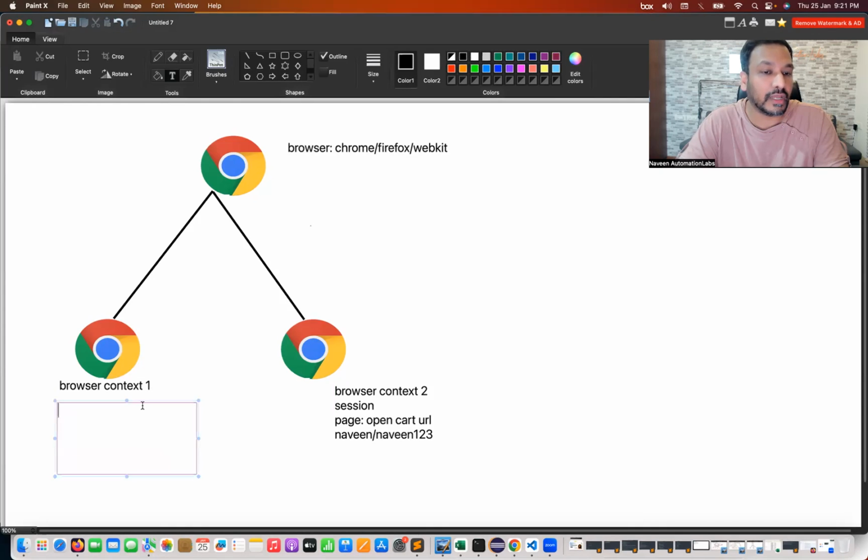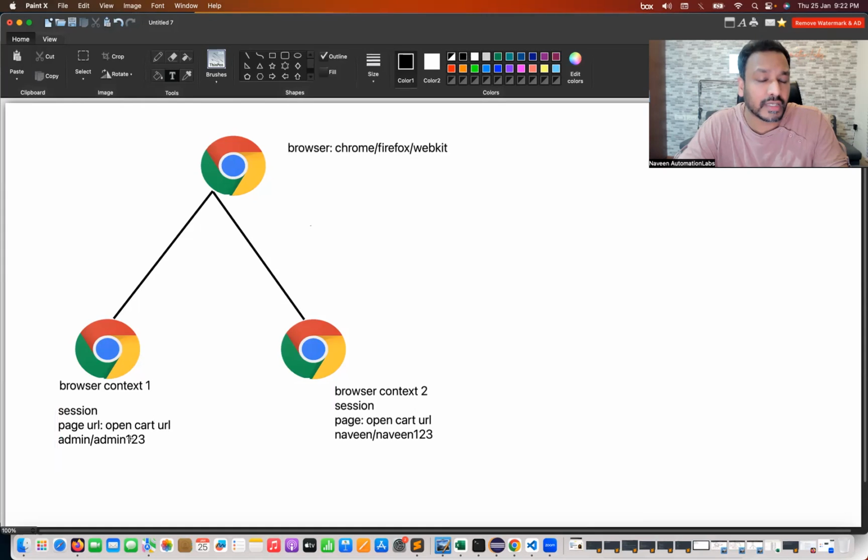So admin can log in on browser context number two, having its own session here, with the same page URL of the OpenCart or e-commerce application. So I'll open the application, and the username will be admin and admin123, or whatever the username and password are here. Sometimes what happens is we open one context, log in with admin and admin123,